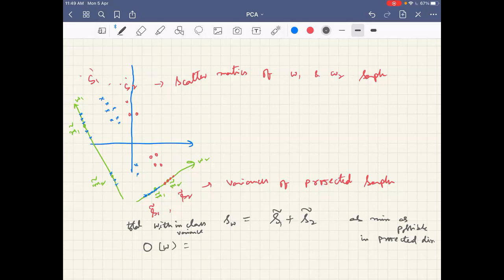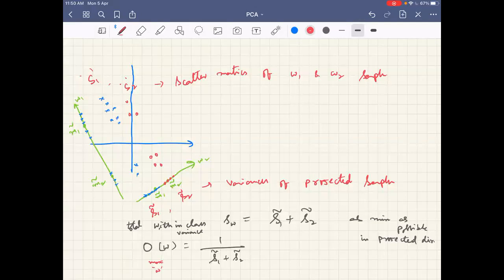So what should I do now? I posed this previously as a maximization problem, so I can pose it as S1 tilde square plus S2 tilde square. It's up to us whether we put the square or not. It's just a notational change. If you want to skip squares all through, that is also fine. So S1 tilde plus S2 tilde, and maximize with respect to W again, for a good optimal direction of W.